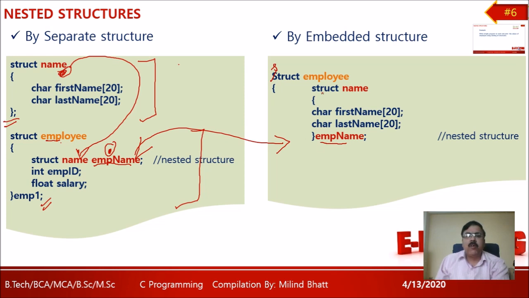emp name. Now I need two more things in employee: employee ID and employee salary. Employee ID, employee salary. Now close this overall structure and represent its first variable as emp1. So what you have observed that